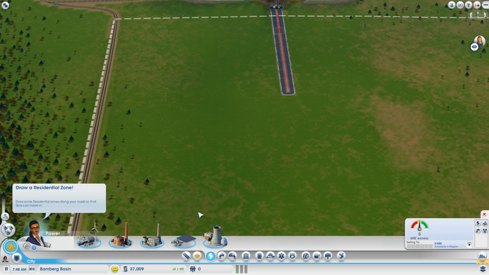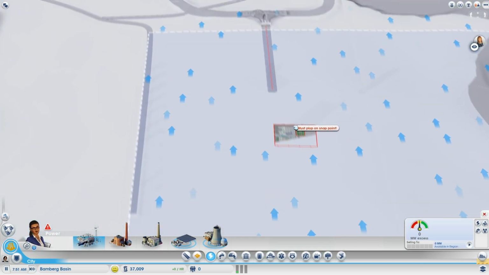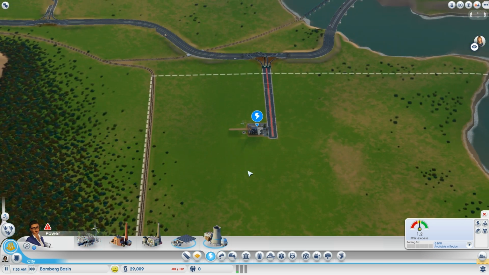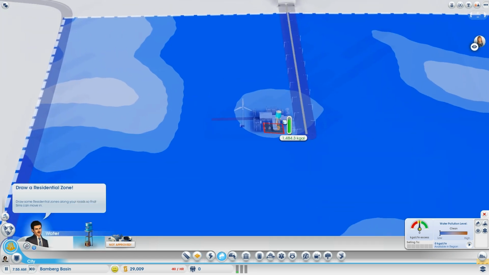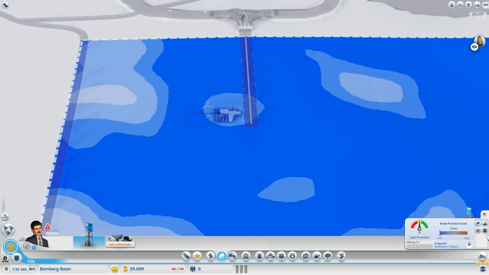start with a wind power plant. Wind power is stupid and expensive, but it's the cheapest to start with. It's only 8K. And since we don't need almost any power, it's best to start with a wind power plant, and you can just bulldoze it later. And figure out which way the wind is blowing. The wind is blowing